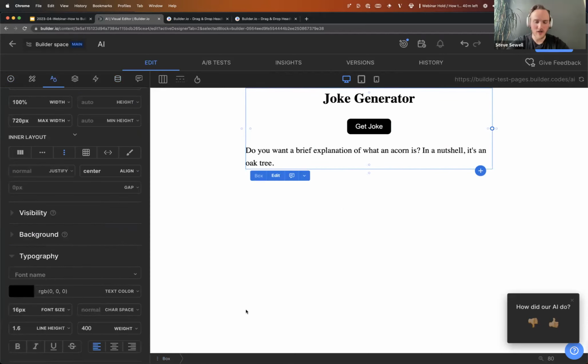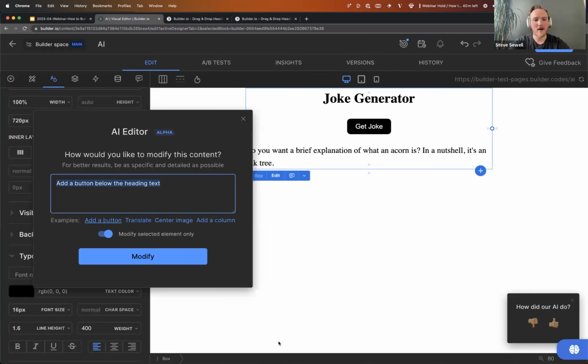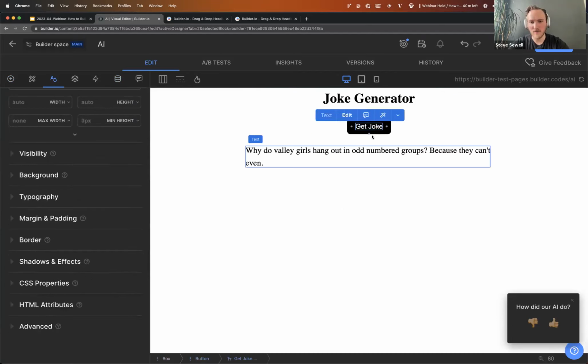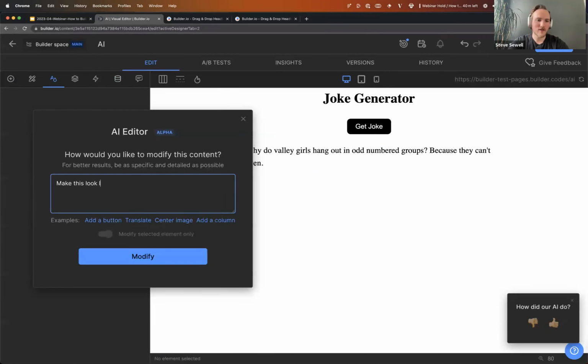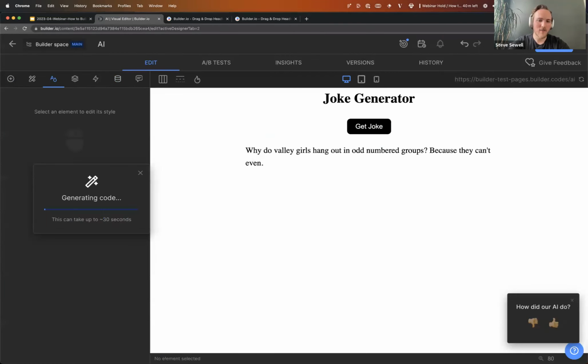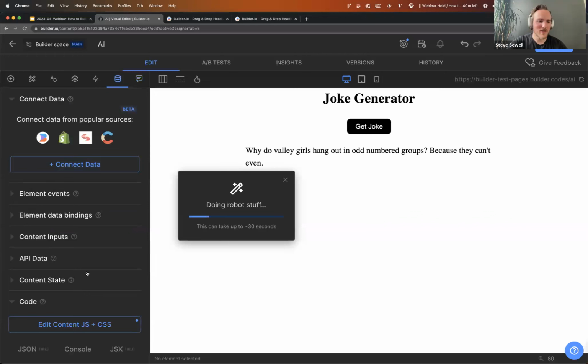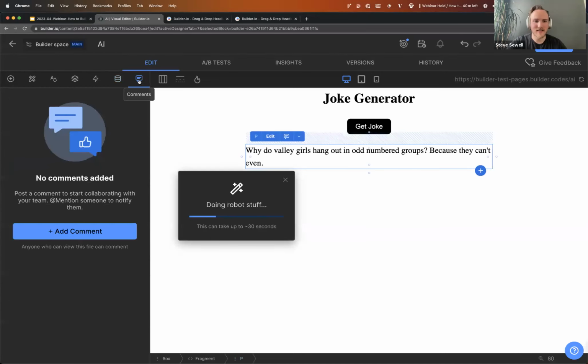Let's do one more thing, and then I'll keep explaining what I was explaining. Make this look like, oh, and obviously it all still works as expected. Let's say make this look like it was on apple.com. I got weird results from this in the past. Let's see if it does better this time. But anyway, all these advanced use cases can be done with the Builder UIs, this data and state and binding